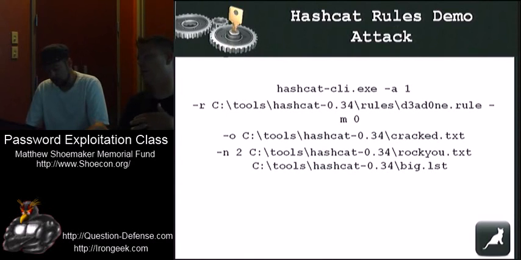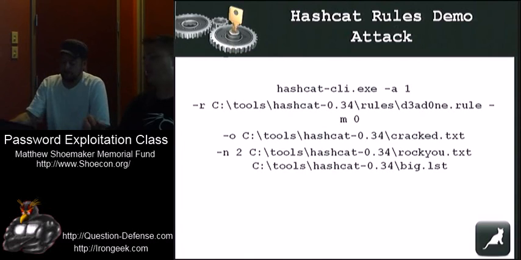So you also have to be careful with some of these rules because they can get out of hand quickly. You know what I mean? If you have a couple million words in your dictionary and you amplify every word 50 times, it can start to take a long time. So that's where Hashcat really comes in. That was kind of the old way to do it, you know what I mean, was to let John run with rules and mangling and all that kind of stuff for days and days and days, and then came distributed, which made it a little bit faster. But what Hashcat tries to do is do a more targeted attack.